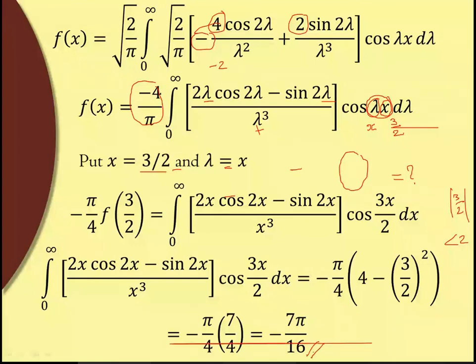Okay. So just by doing the proper substitution, we can get the required integration. So whenever in a problem it is asked to find a Fourier integral representation and it is not mentioned sine or cosine, then first check whether the function is even or odd. Okay, and then accordingly we have to simplify it.